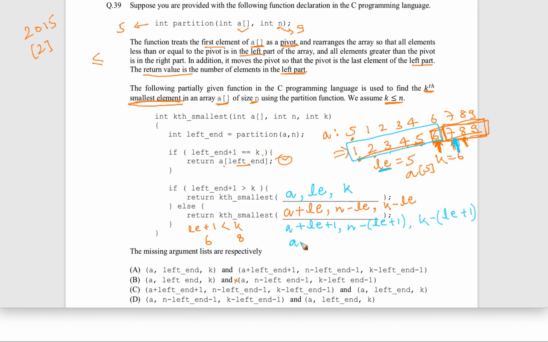So it can be written as a plus le plus 1, n minus le minus 1, and k minus le minus 1. So basically a plus left end plus 1, n minus left end minus 1, and k minus left end minus 1. Okay, so this is the answer.